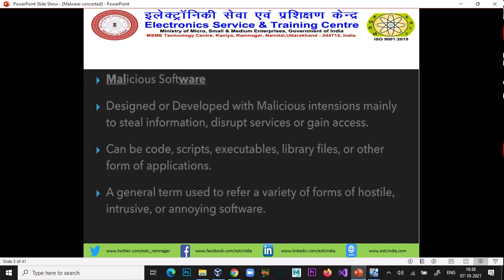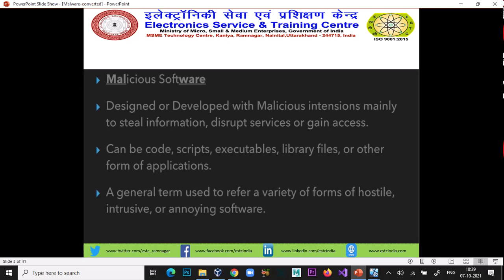So, malicious software is designed or developed with malicious intentions, mainly to steal information, disrupt services, or gain access. Their primary intention is to gain access to that system, to corrupt its data, or to take advantage of that system.